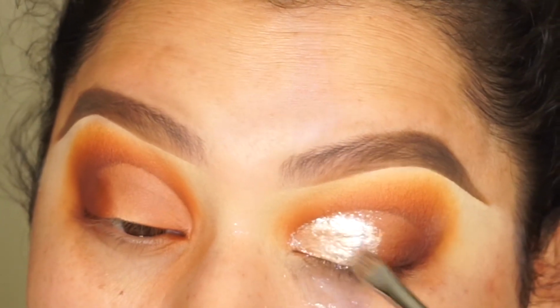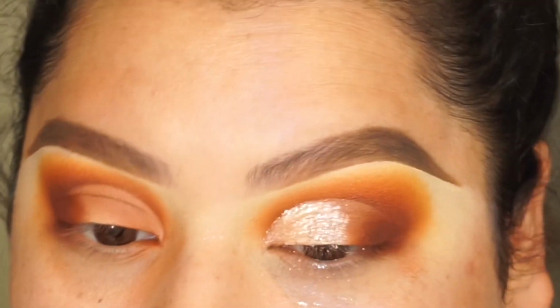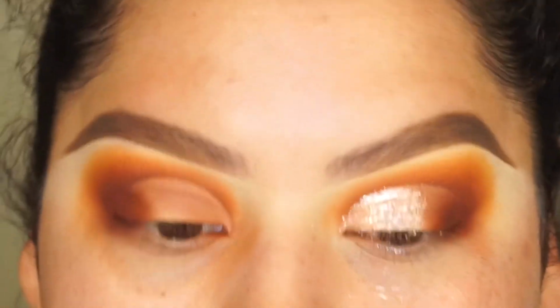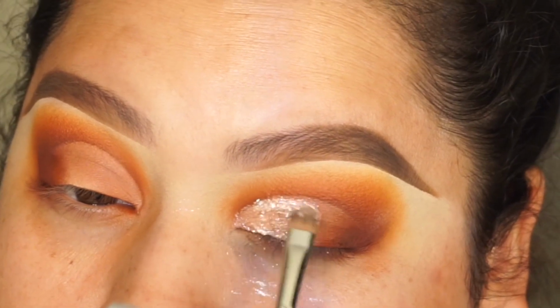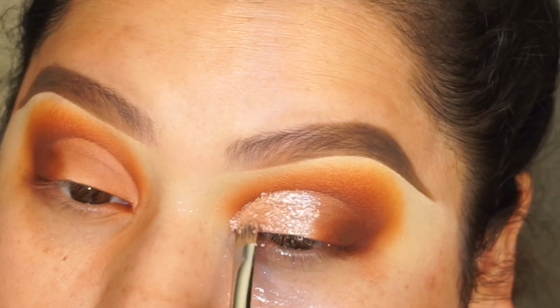So these come in 6 shades. I believe on the Marc Jacobs website they only have 4 shades available. But on the Sephora, where I purchased it in store, they do have 6 shades, and they do retail for $28 USD. So like you guys can see, like once you start to diffuse it, it does look very pretty,